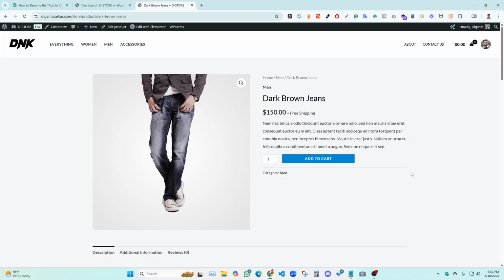Hello viewers, here in this video I'll show you how to rename add to cart button with your preferred text. So to do that, let's go to the backend